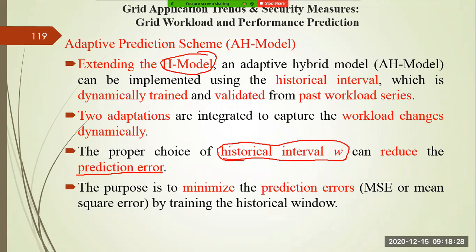Okay. If you secure 90 out of 100 after the end of examination, then your expectation is 90 and your mark is also 90. That means the error is 0. But if your expectation is 90 and you are getting 80, then there is an error of 10, 90 minus 80, modulus is 10, right? So our objective is to minimize the prediction error. That error we are calculating is called the mean square error. So we have to minimize it.